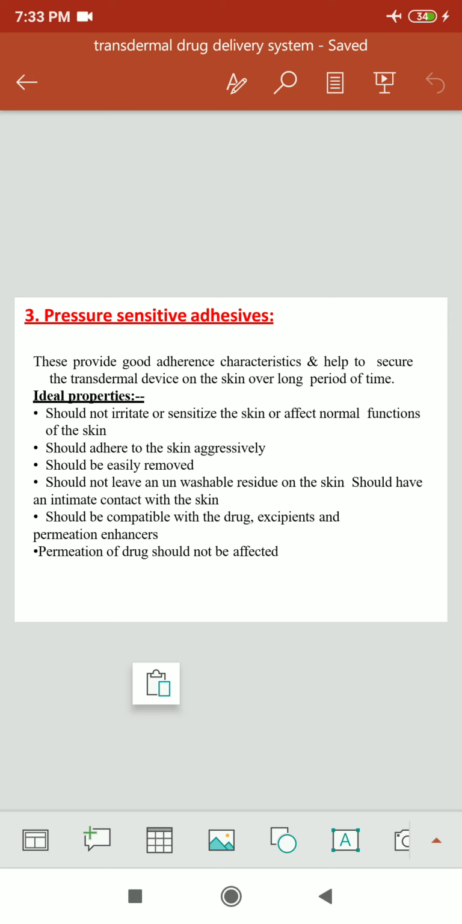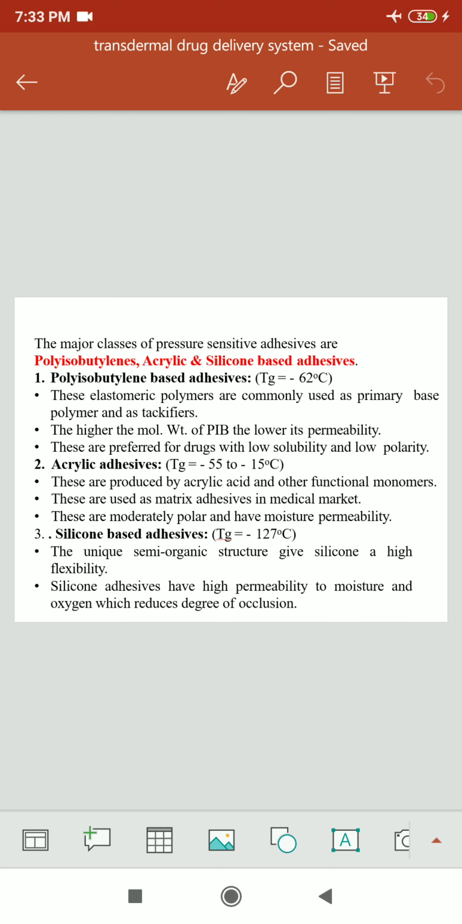Now, they should be compatible with the drug and other polymers. Permeation of the drug should not be affected by using these substances. They are not affecting the permeation of the drug. Major classes of pressure sensitive material are polyisobutylene, acrylic and silicone based adhesive. So discussing polyisobutylene based adhesive,